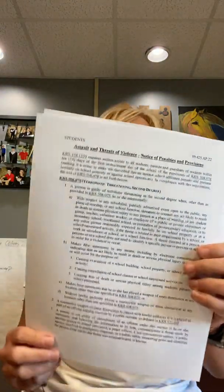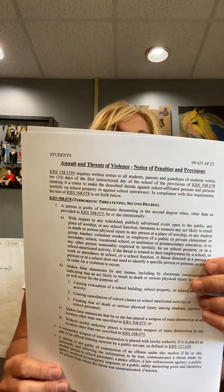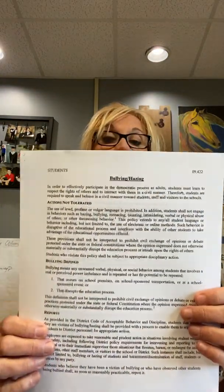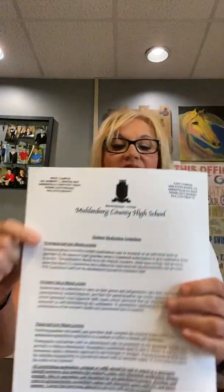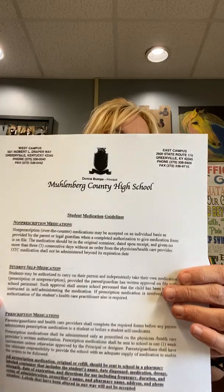Other items within the packet include our board policy regarding assault and threats of violence, our board policy regarding bullying and hazing, our board policy regarding visitors to the school, once we do get to come back to in person, student medication guidelines,